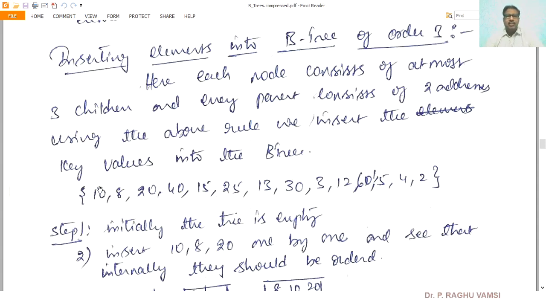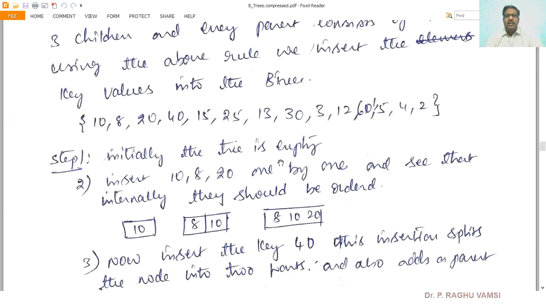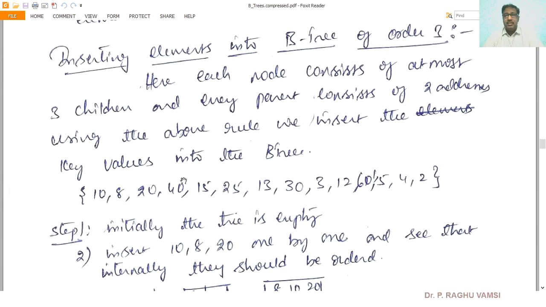The first element that we are supposed to insert is 10. Initially, the tree is empty, that means the B tree node star root is equal to null. Insert 10, 8, 20 into the tree, because we have not considered one element at a time.